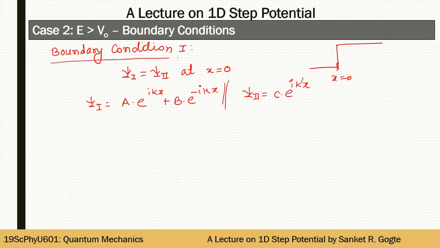So if I use the first boundary condition, what I get is A plus B is equal to C. So this is the equation that I obtained by using the first boundary condition. Now boundary condition 2